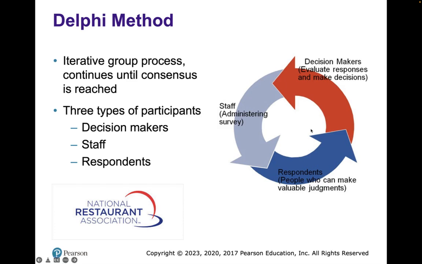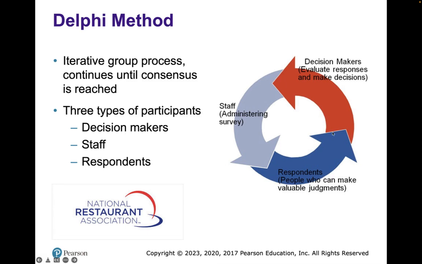So again, what's happening is these chefs, or these experts, are going to decide what the food trends are for next year. Of course, this is all based on their experience. There's not really any data to support it. But this is what they're doing. They're trying to find some sort of consensus as to what the trends are. So again, if you go back to the no groupthink, the reason for that is because these surveys are sent out to the chefs individually, and then the chefs make their decision. They fill out the survey. They might say, top 10 trends for next year.